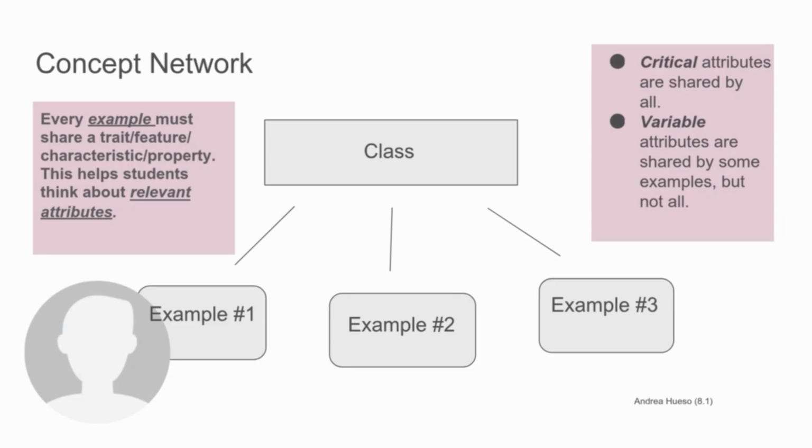Okay, so a concept network is essential to learning. Every example must share a trait, feature, characteristic, or property. This helps students think about relevant attributes. So critical attributes are shared by all examples, but variable attributes are shared by some, but not all. And